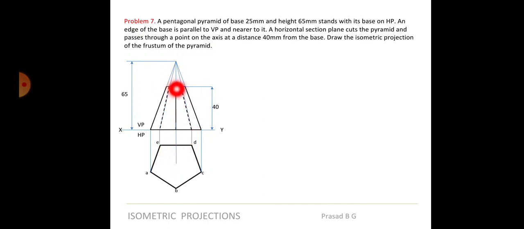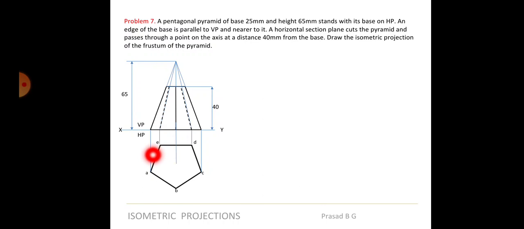Now what is that size? That is what we have to get, and for that we need to project it back downwards and then get the particular point. Got it? We don't know this distance. We only know that the pyramid is being cut at this particular point, which is at a height of 40 mm from here. In the front view we know. Now we are supposed to get the dimension of this, to draw in the isometric scale, isn't it? We need to know what is the side of the edge.